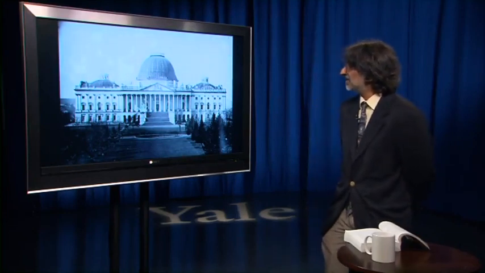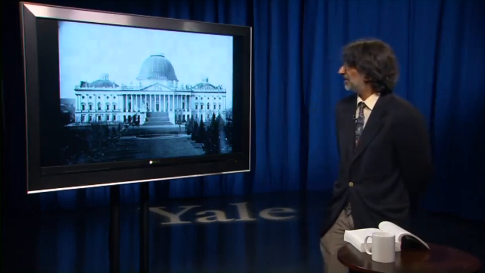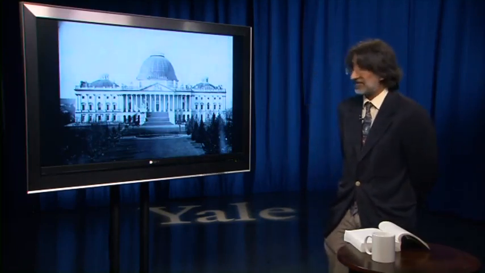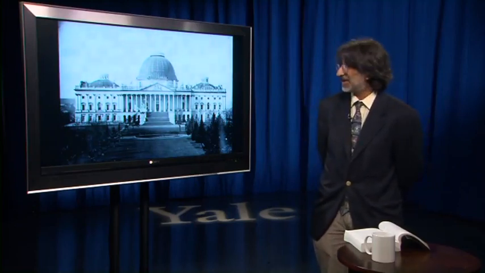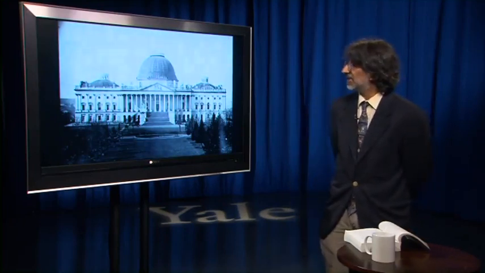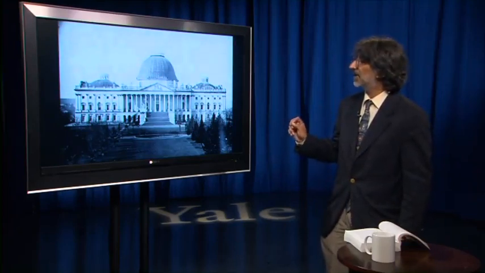Now, I said size matters, and you see that this is a very big building. Why is that? Why is it so much bigger than, let's say, the White House? It's vastly bigger than Independence Hall, for that matter. If you've ever been to Washington, D.C., you know what I'm talking about, because this is a massive structure. And one of the most important issues at the founding, in this great ratification conversation that we talked about in previous sessions, one of the biggest issues was the size of Congress.